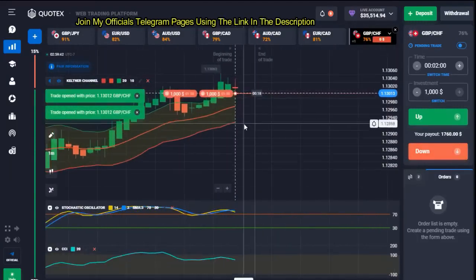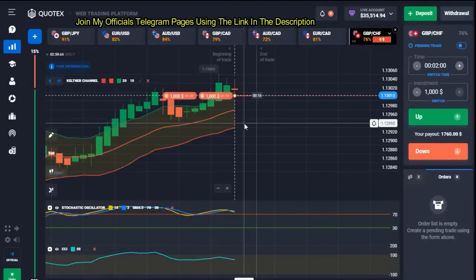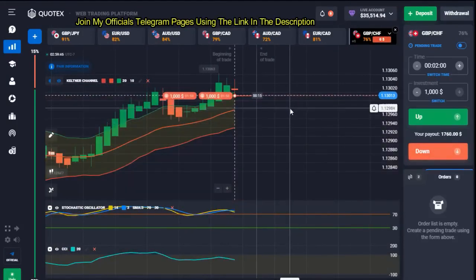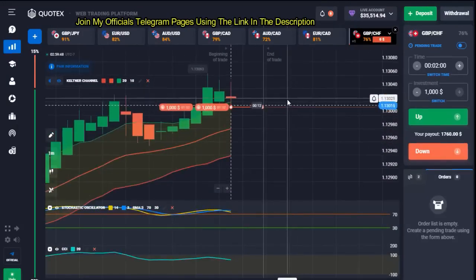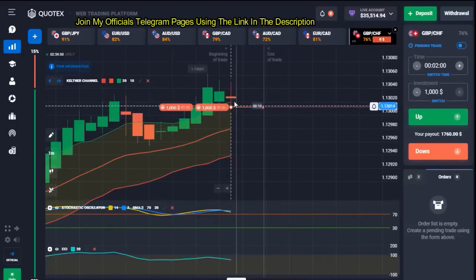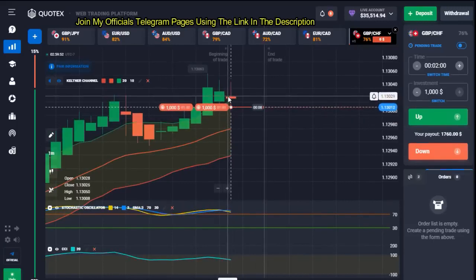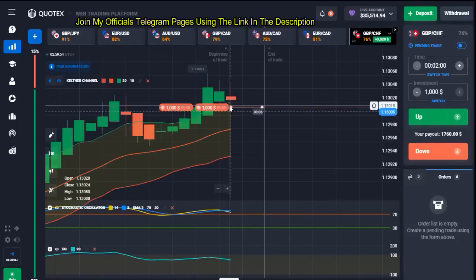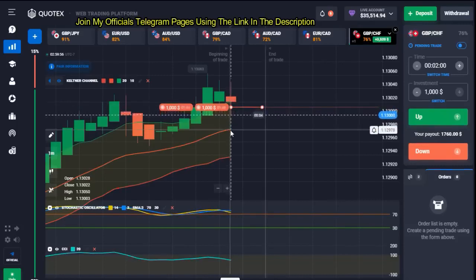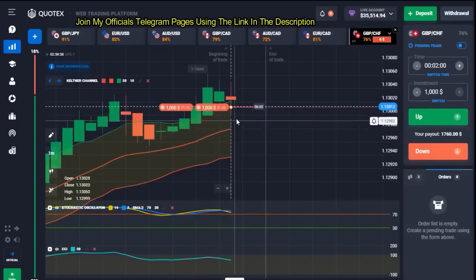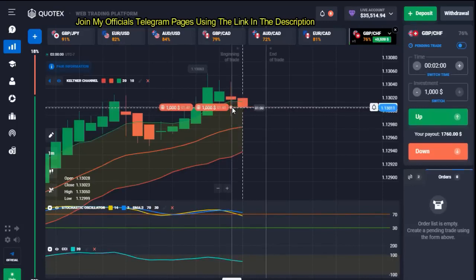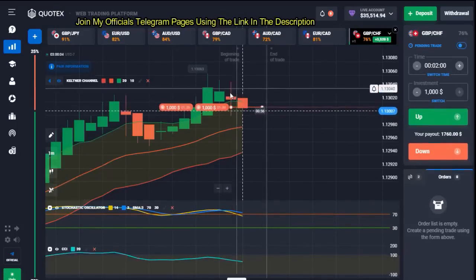So over here we have a very good moment for down options. As you can see, this is a very clear picture of what I'm talking about. Either the candle is out of the kidney channel or just gets inside of the kidney channel. You must have a distance between the middle line here and the upper line here. And another thing I forgot to mention on the last trade, the first trade I took, is that always make sure that if you're taking a down trade,